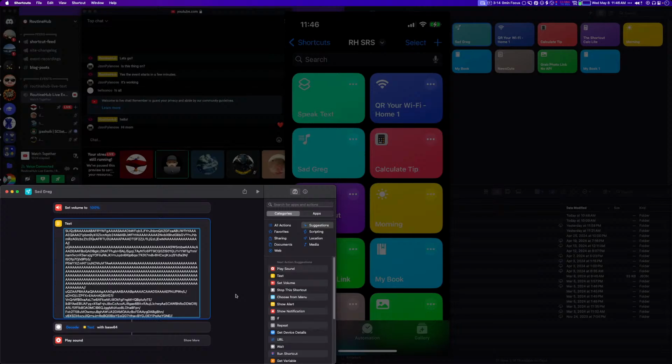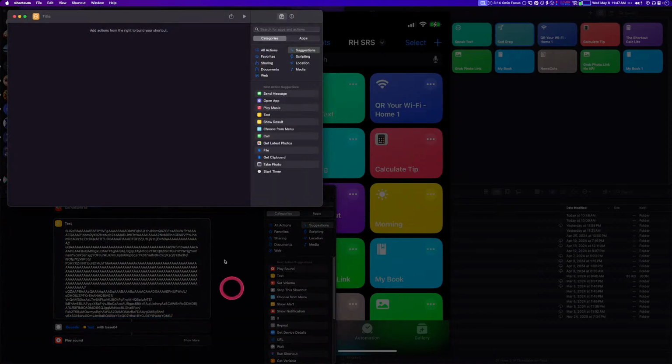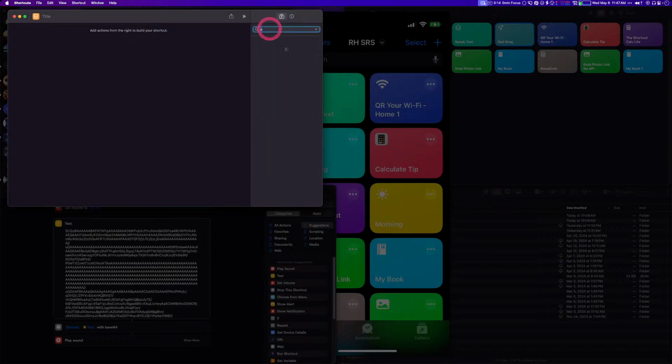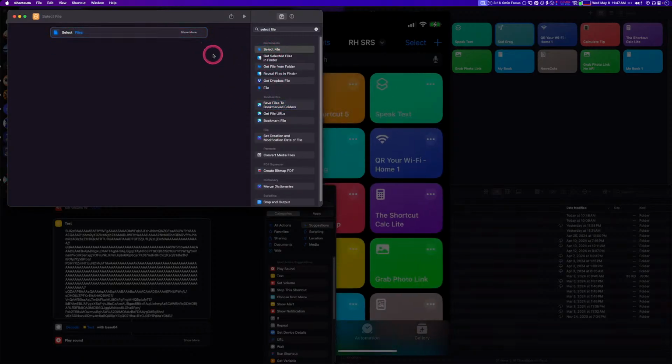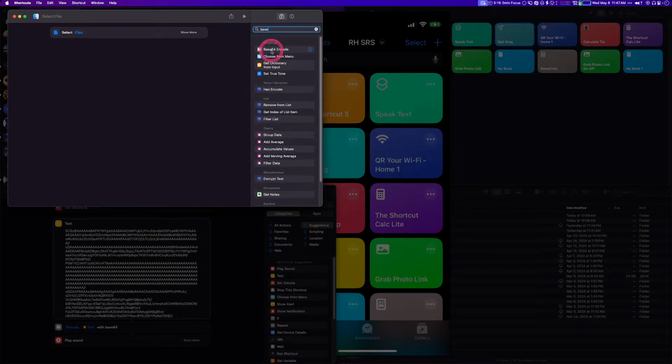So I downloaded the file years ago from somewhere, and then used a different shortcut to take that file, encode it into base 64, and then just paste it in there. So you could do something like select a file. Stop moving right before I click. I hate that. You could do something like select a file, yeah,